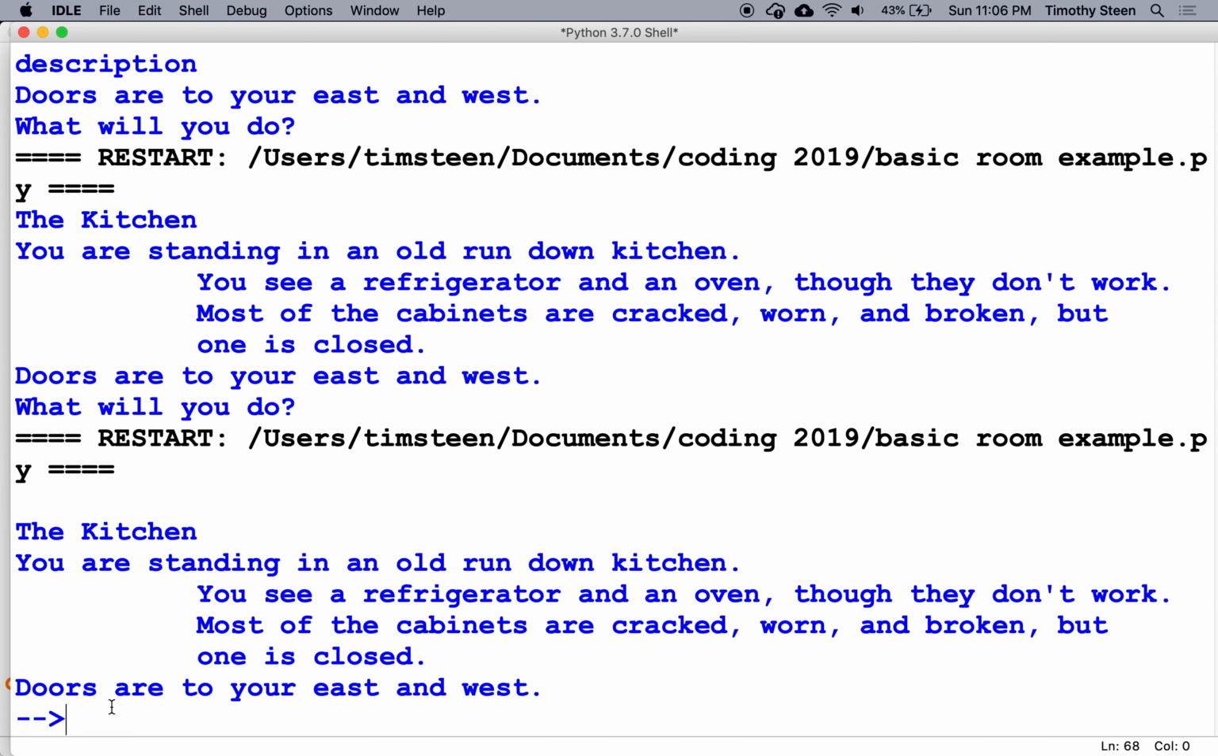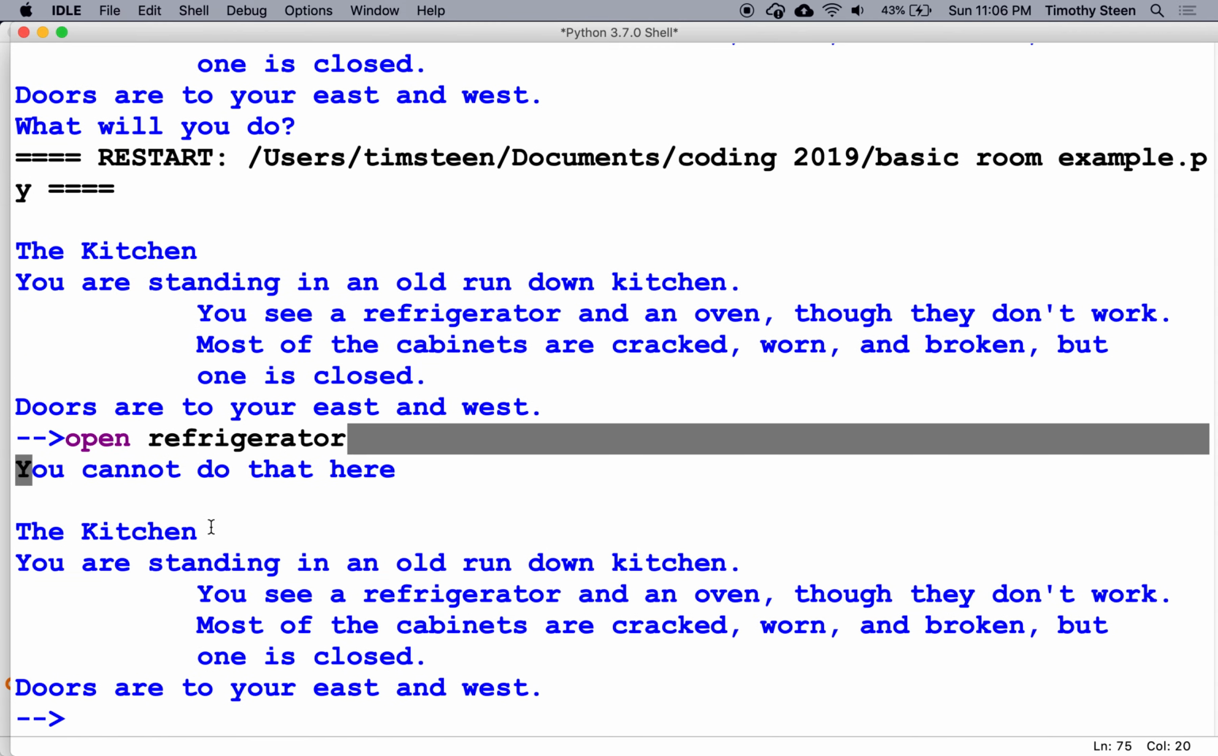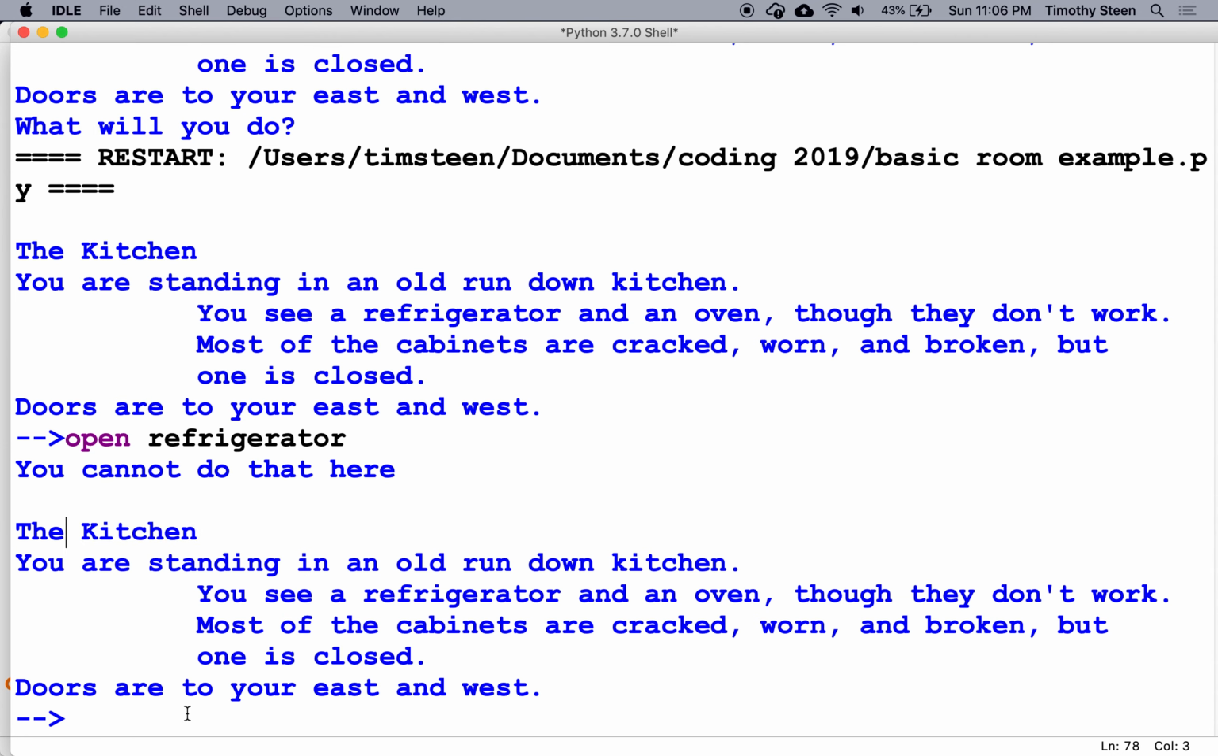So let's just say I type in open refrigerator because of course that's what I want to do, right? Oh, open. Let's try that again. And so I hit enter and it says you cannot do that here, and then it brings me back to the kitchen and I start over again. And I have to think about what I want to do. So then I made it so I could type in east. Now I didn't program room 2 yet,